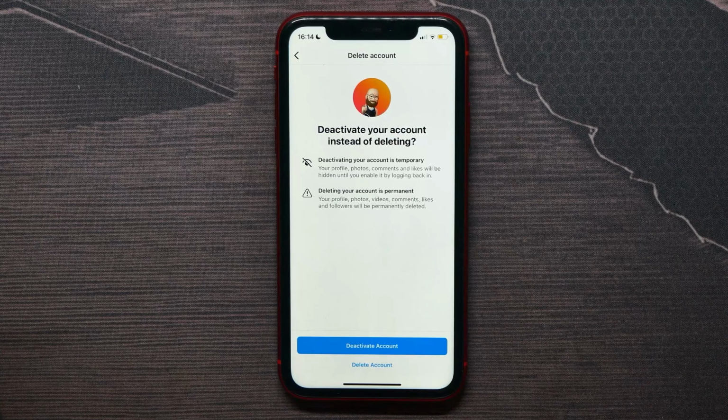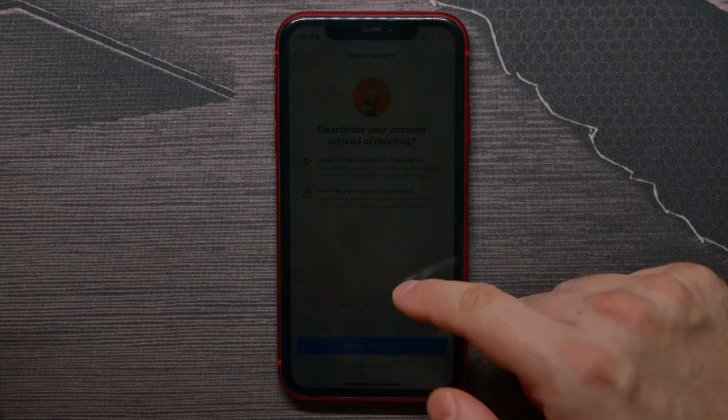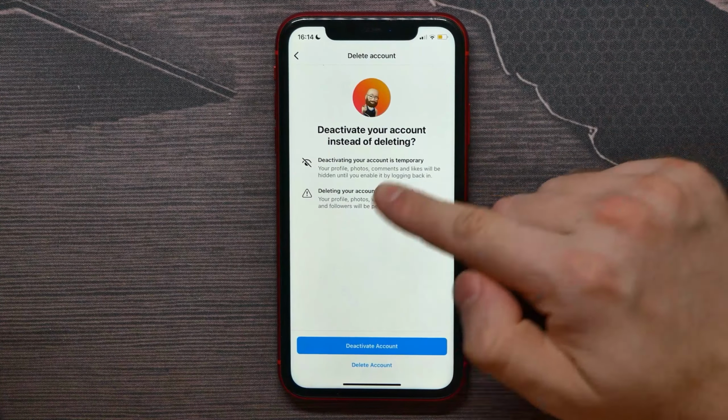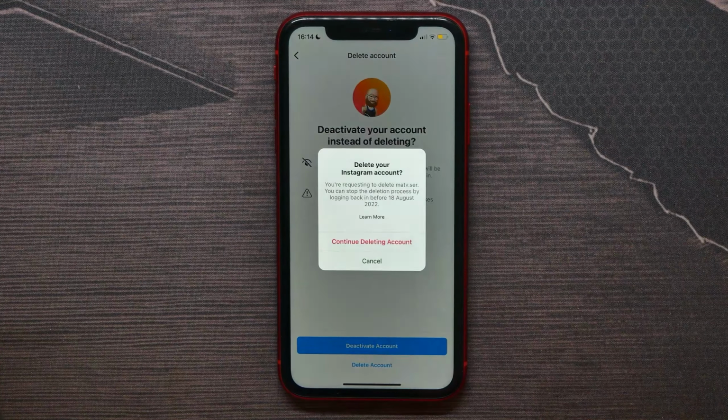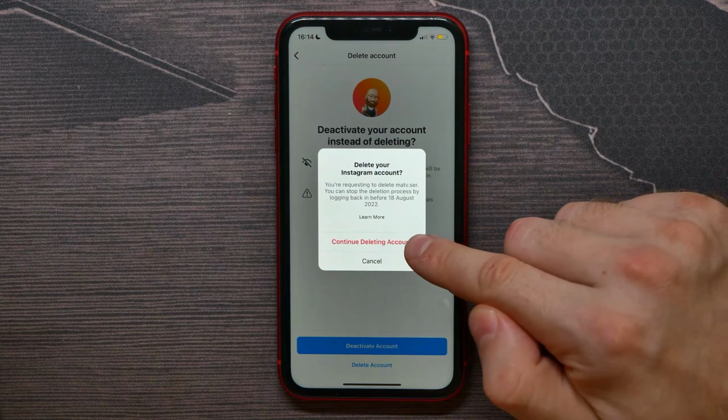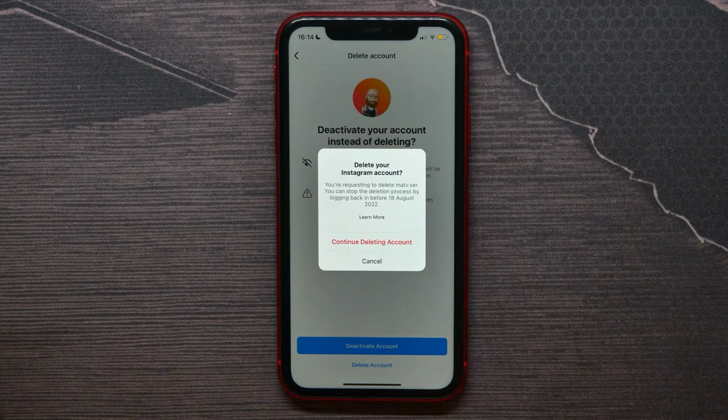Now keep in mind that deleting your account is permanent. Your profile photos, videos, comments, likes and followers will be permanently deleted. If you agree with that, hit on delete account and confirm that action by hitting on continue deleting account, and